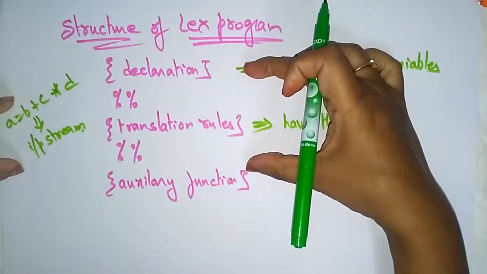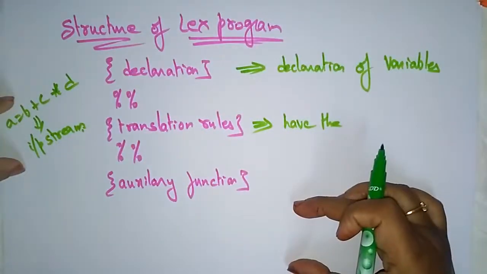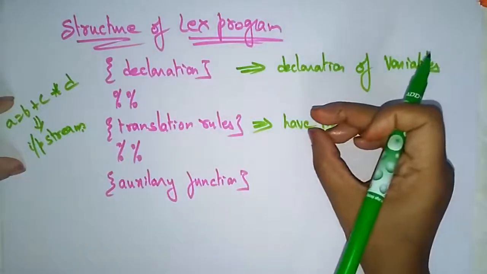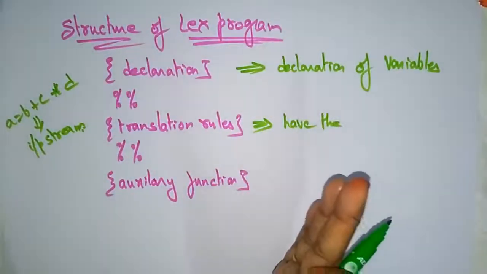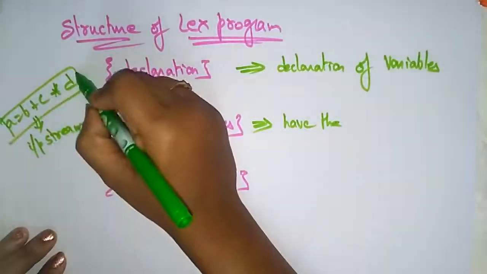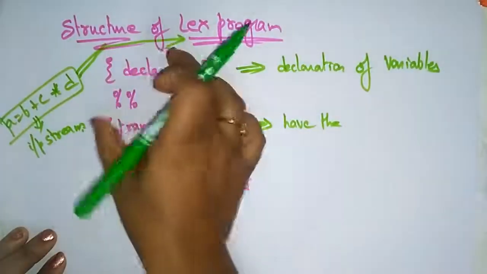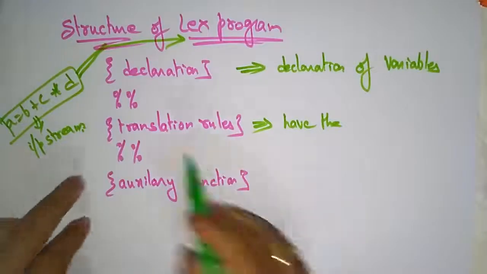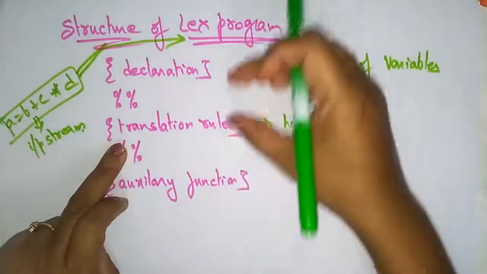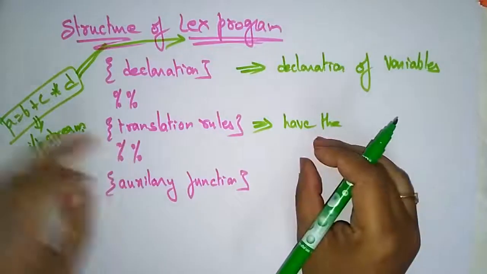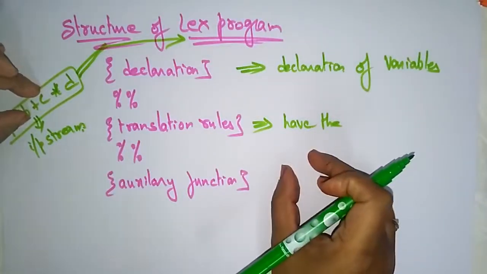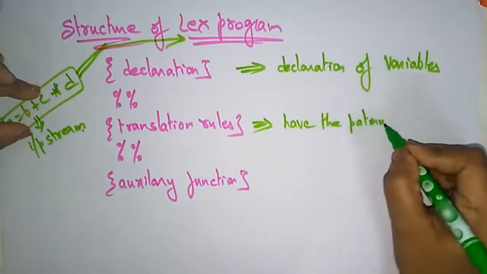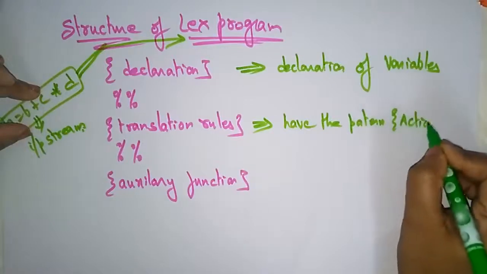If we write it in the form of a Lex program, then the lexical analyzer can easily understand what the tokens are here and what operation is going to be performed. So everything will be understood. With the help of this input and the Lex program, the lexical analyzer gets the tokens automatically. Okay, so what are the translation rules in the Lex program? This input stream will be represented in the form of a pattern, whatever the action that is performed.